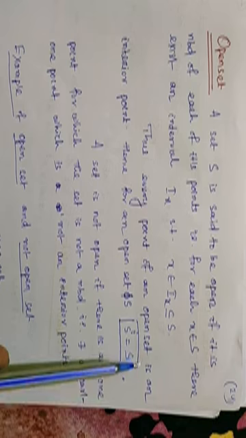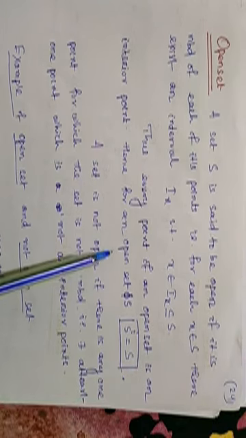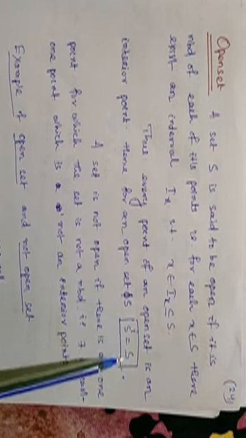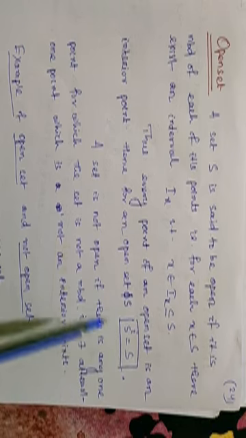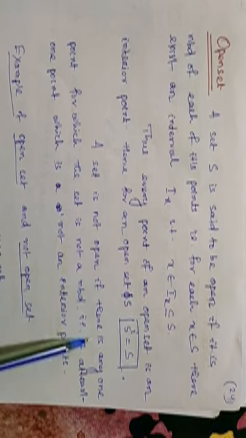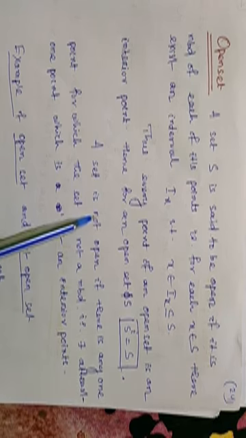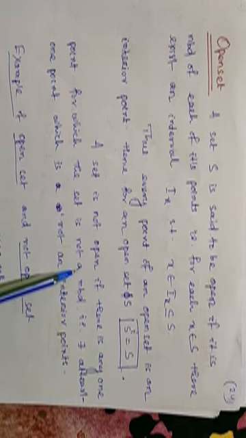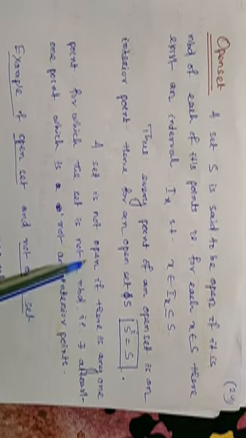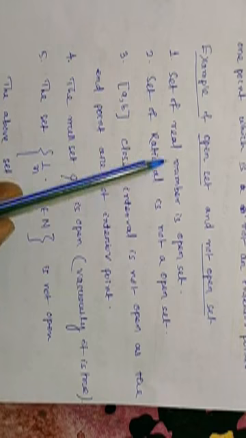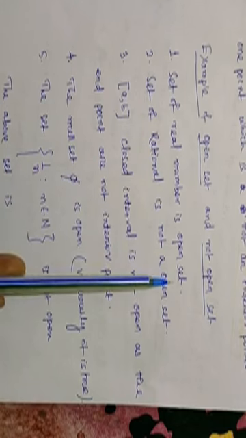Now, every point of an open set is an interior point. So, for an open set, the interior of that set will be the set itself. If it is true, then we say that it is an open set. A set is not open if there is any one point for which the set is not a neighborhood. If at least one point is there such that the set is not a neighborhood of that point, then we cannot say that it is an open set. Now a few examples. The set of real numbers is open because it is a neighborhood of each of its points.